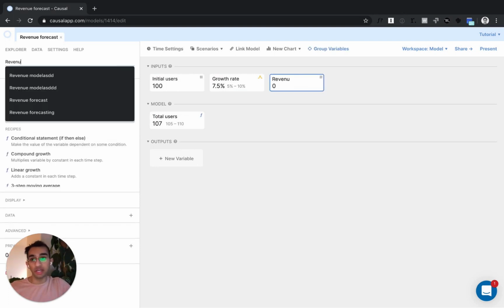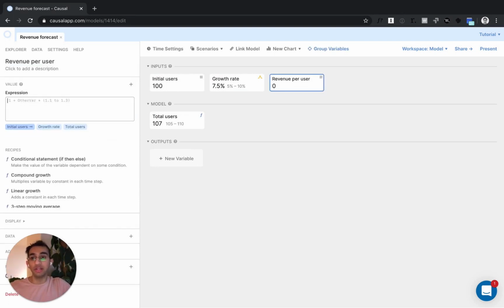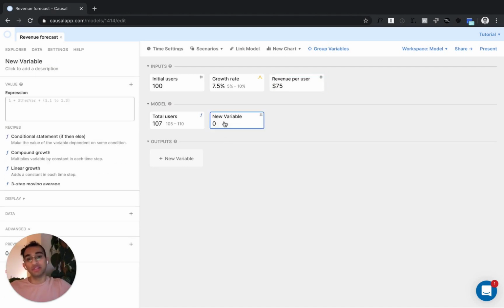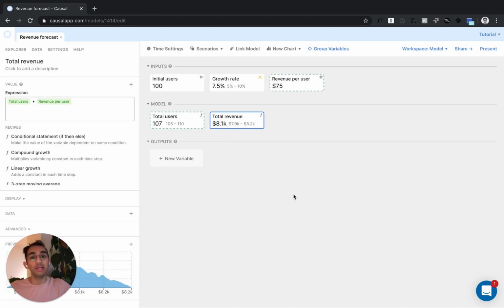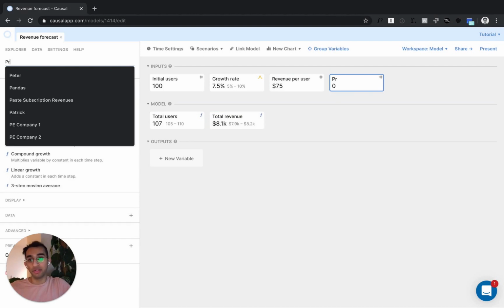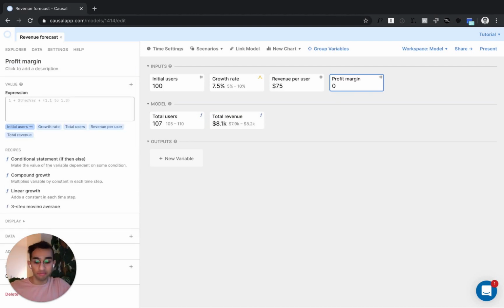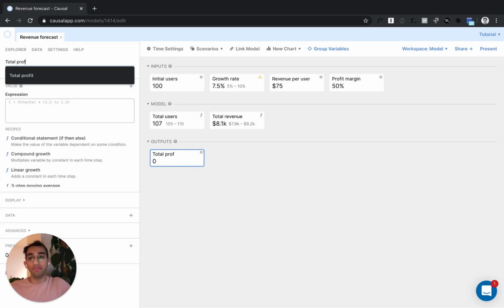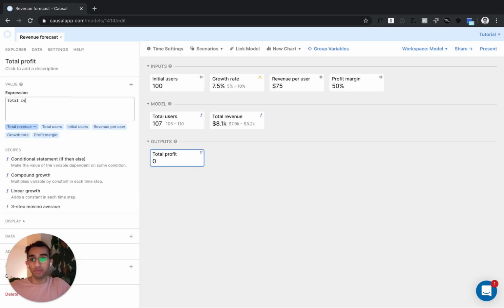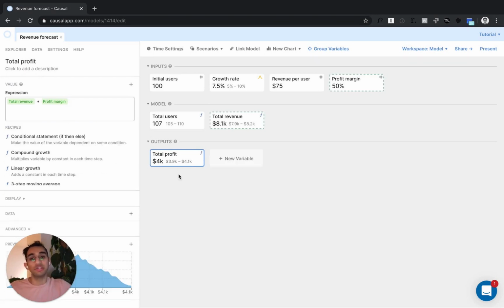Maybe we'll include something around the revenue per user. Perhaps this is $75. And now we can work out the total revenue by just taking the total users and multiplying that by the revenue per user. Maybe we have an idea of the profit margin of our business. If we're optimistic, maybe it's 50%. And we can work out the total profit, again, by doing a very simple formula like total revenue times profit margin. So Causal can show us the distribution of our total profit down here,